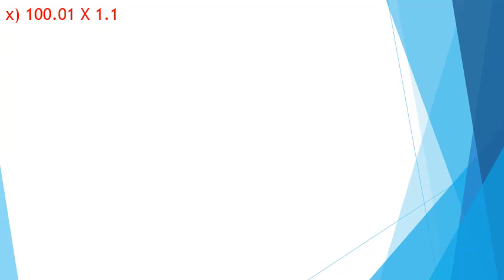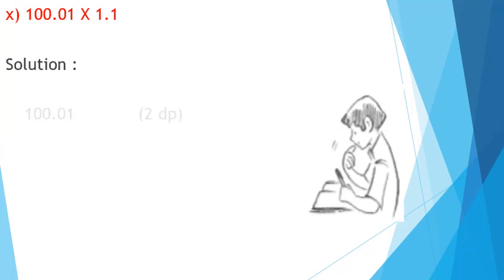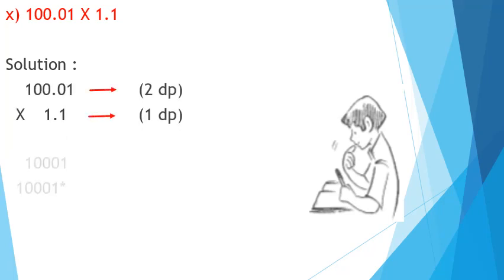Our next question is question number 10. 100.01 multiplied by 1.1. Here we consider both decimal numbers as whole numbers and we multiply them. So 100.01 can be treated as 10,001 multiplied by 11. We get the answer as